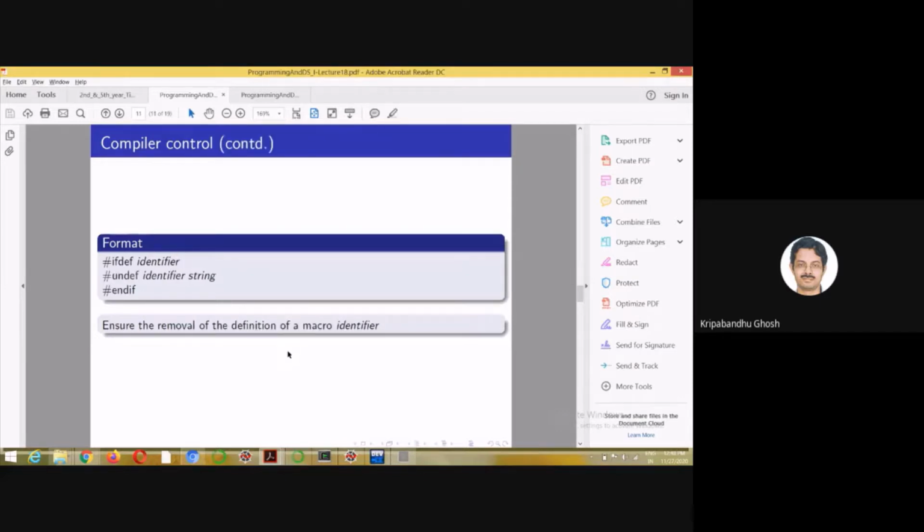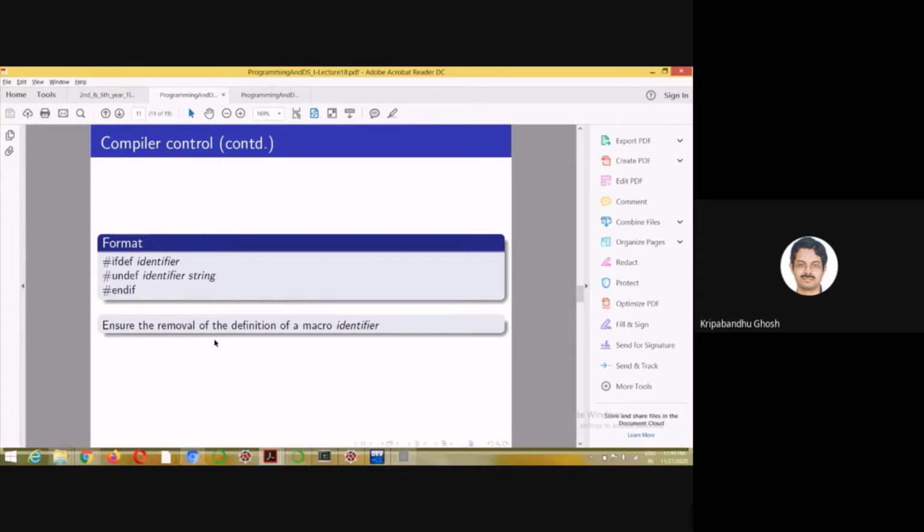And if you want to ensure the removal of a particular definition, for example, you want to define pi as something else and you want to undefine the existing definition of pi as a macro, you can do this: #ifdef identifier, #undef pi 3.14. Okay, this you can do.